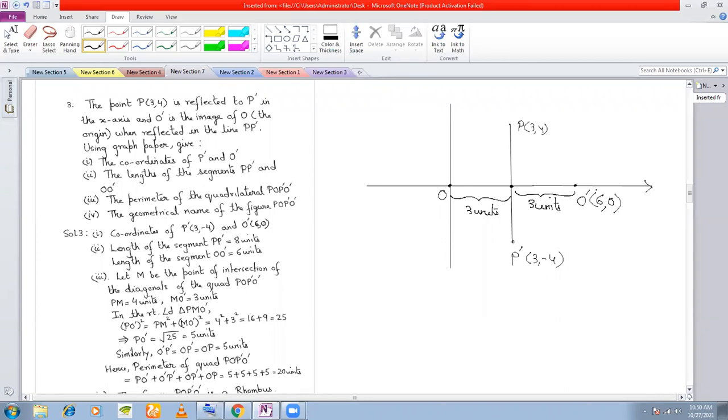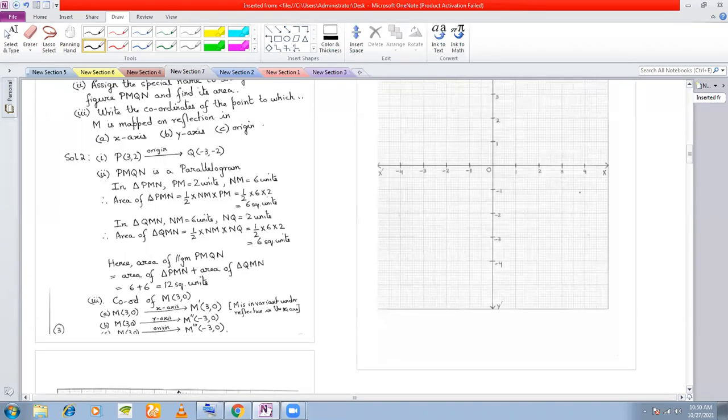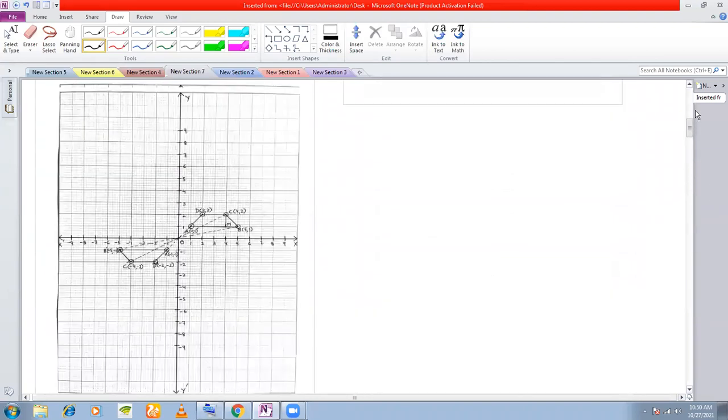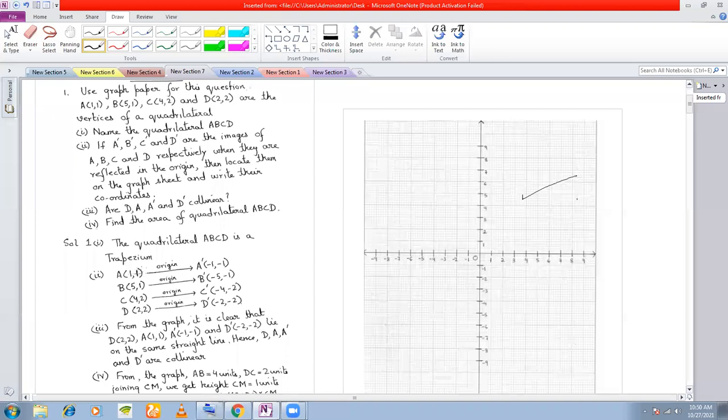So now once you see that you are moving from 0 to 6 in the x-axis, right? That means which scale should you use? Should you use this graph? You have only till 4 here, right, in the x-axis. Or should you use this graph? Because you have till 9 here. So obviously we are going to use this graph paper, this scale we are going to use. So you draw the scale accordingly. And let's now start with the problem.